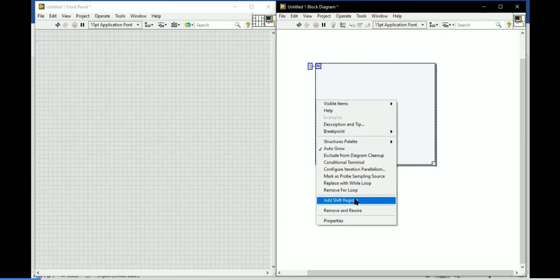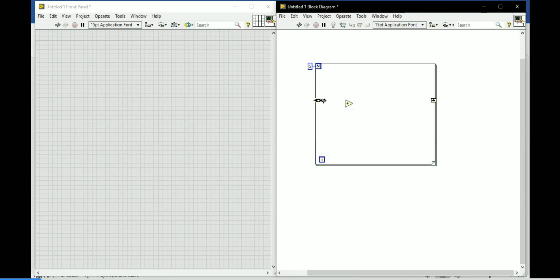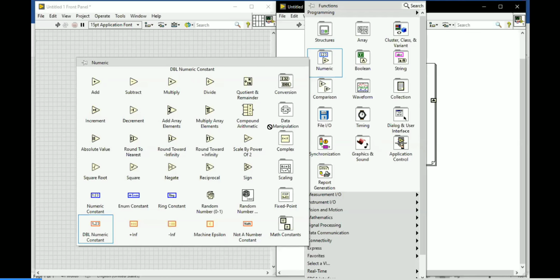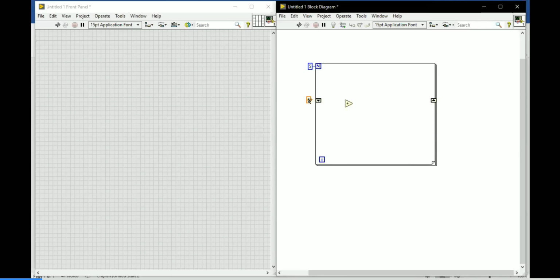I am going to add a shift register with a right click. This is the first shift register, and I initialize the value 1 here, but I need another value for the addition function.